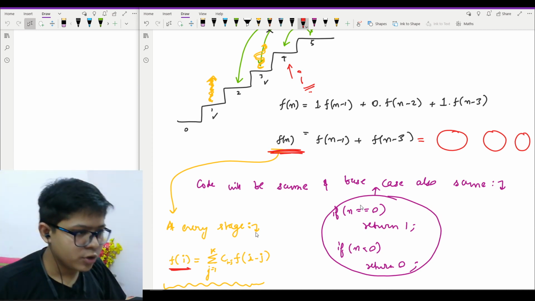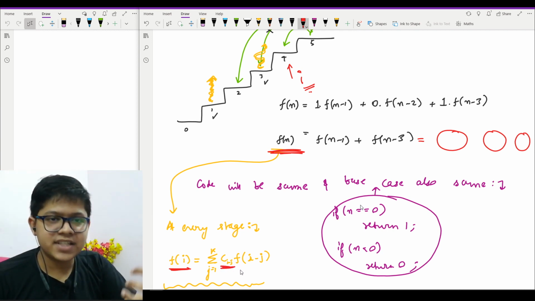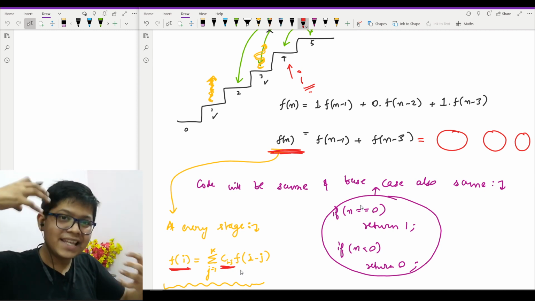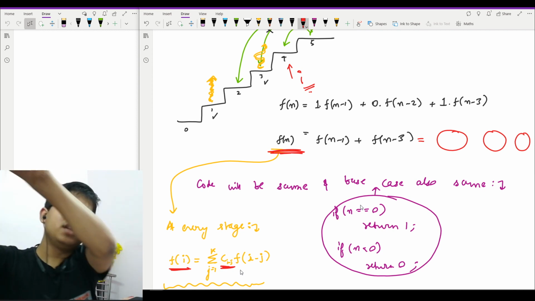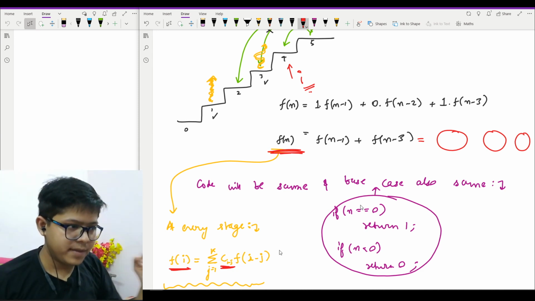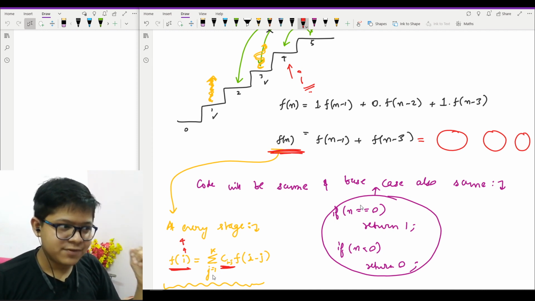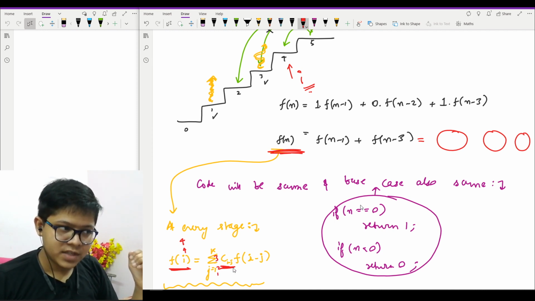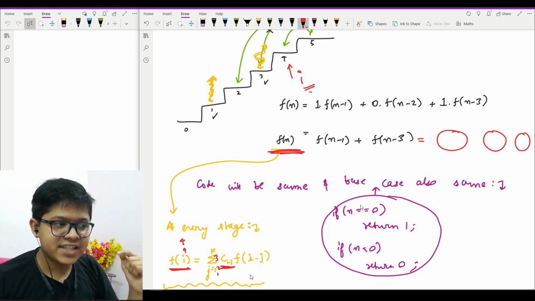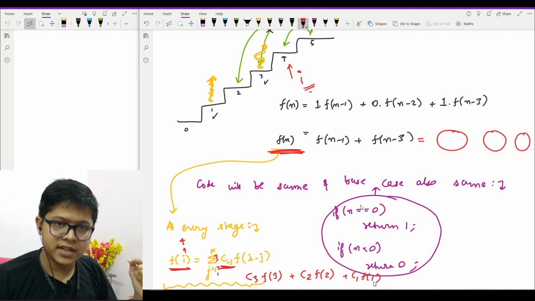So for c of i minus j, see, I did i minus j because I am thinking that I'm standing from the above one and I'm moving to the below ones. So if I'm standing on my i as 4, my j is 1, 2 or 3. So my c of i minus j would be c of 3 f of 3 plus c of 2 f of 2 plus c of 1 f of 1, right?